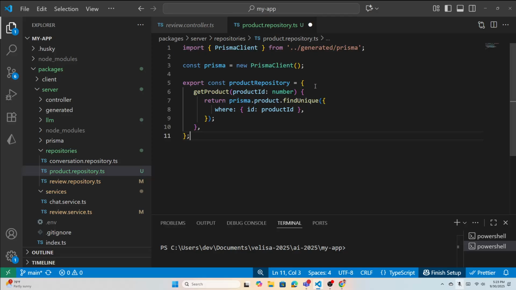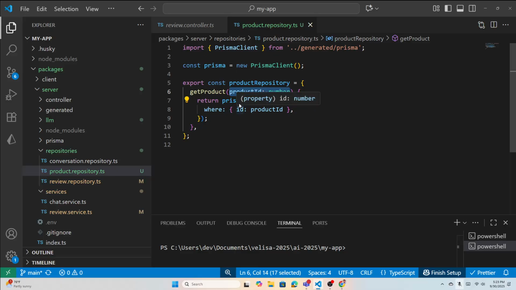So let's say this object has a function getProduct. This function is going to receive the product ID. Then we're gonna call our Prisma: prisma.product.findUnique, where id equals productId. So we have the product now. When you call this getProduct and pass the ID, you will get the product. So we're gonna now use this function